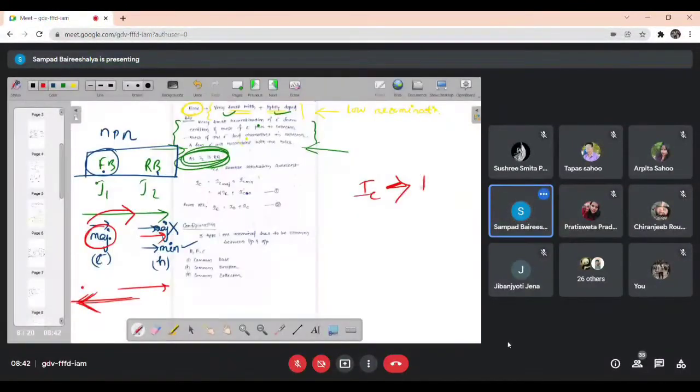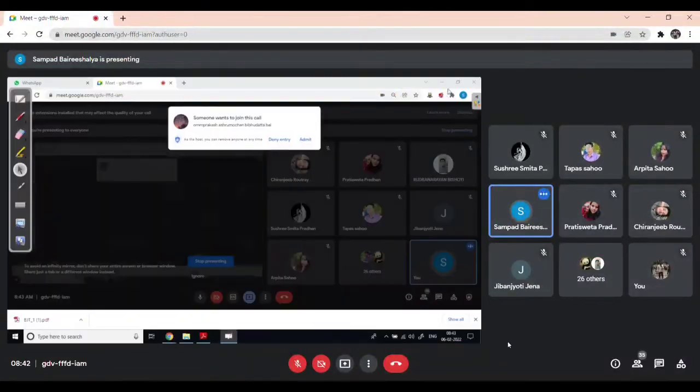Okay, that means I'll get IC majority plus IC minority, because both are passing into the collector. The majority current that came from the emitter in forward bias will pass, and the minority current due to reverse bias will also pass. That means at the collector you are getting two types of current, majority current and minority current. That means your total collector current,